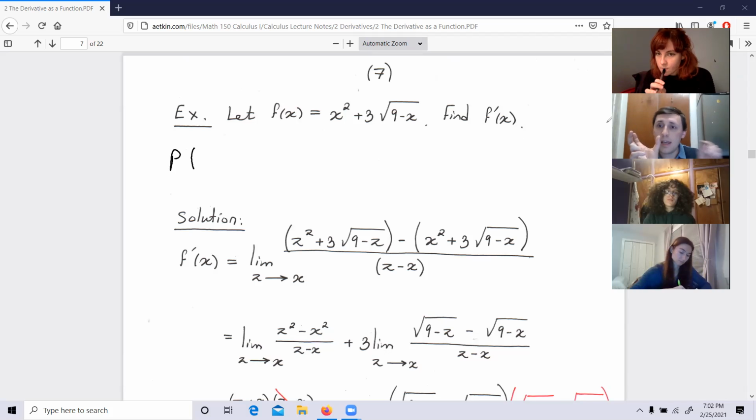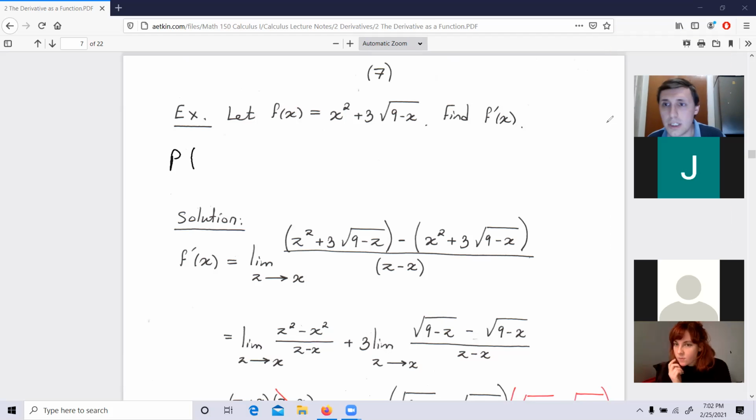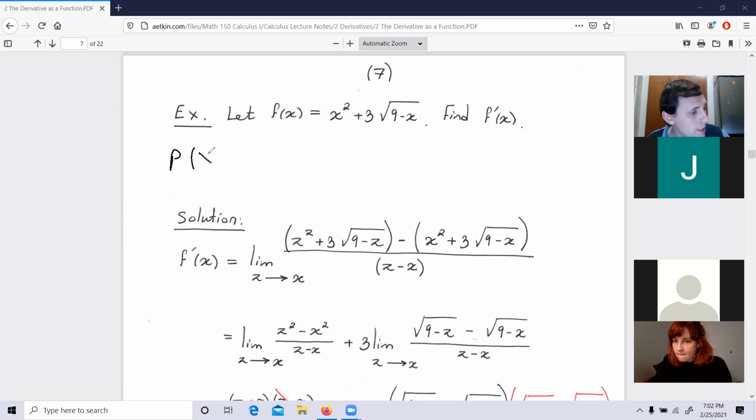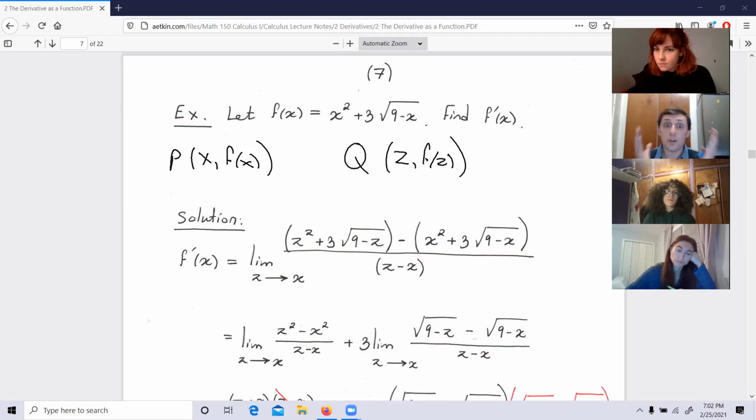Before I used to have it a, f of a, but now I decide to make it x, f of x, that coordinate. It's just a language thing, you understand? I designate by x, f of x, the fixed coordinate. That's the coordinate at which I will zoom in. Good? So that is x, f of x. Now the moving part is going to be the point Q, which is z, f of z. There is no such thing as a, there is no such thing as x. I can use all sorts of symbols. What's the idea? I'm speaking of a fixed point and another point Q that I will move towards it. I can use any letters to describe that.